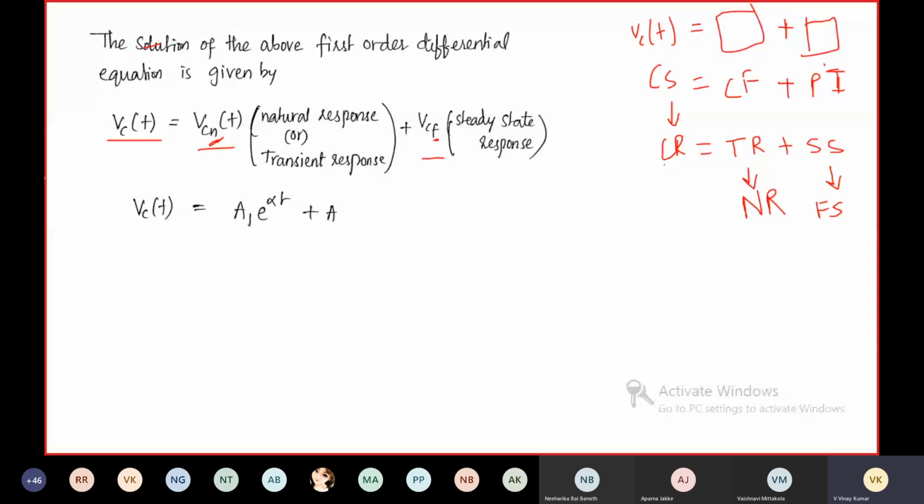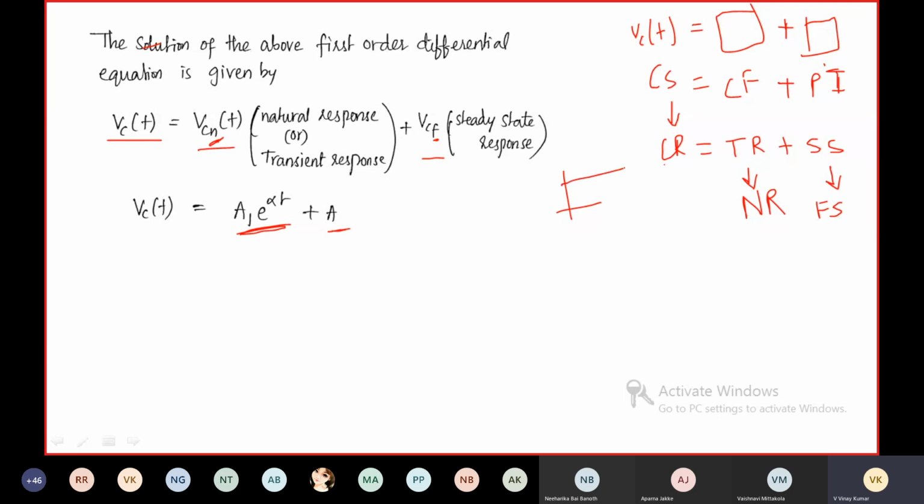So Vcn of t is equal to a1. The complementary function can be written like this, right? Some constant times e power alpha t. Okay, this steady state response is equal to some constant only. Sorry, it is only constant. Okay, the steady state response is only constant because